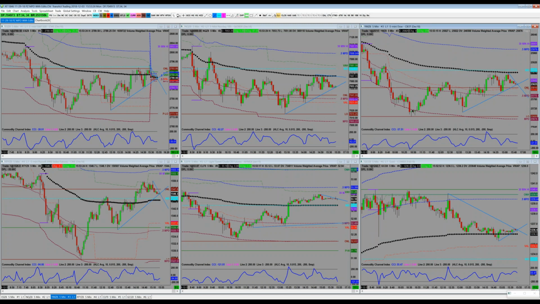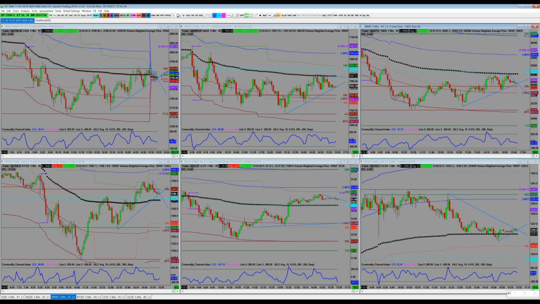Here's an example of the Dow doing a very similar thing. You've got the market hitting that maximum permissible deviation a couple of times. Depending on how early, you could argue that you'd want to stay out of it until that first half hour is up, but not necessarily. Even if you took it here, there's an opportunity to exit the position. If you took it here, you might have gotten stopped out. If you took it here, you're definitely still in the trade, or most people would still be in the trade.